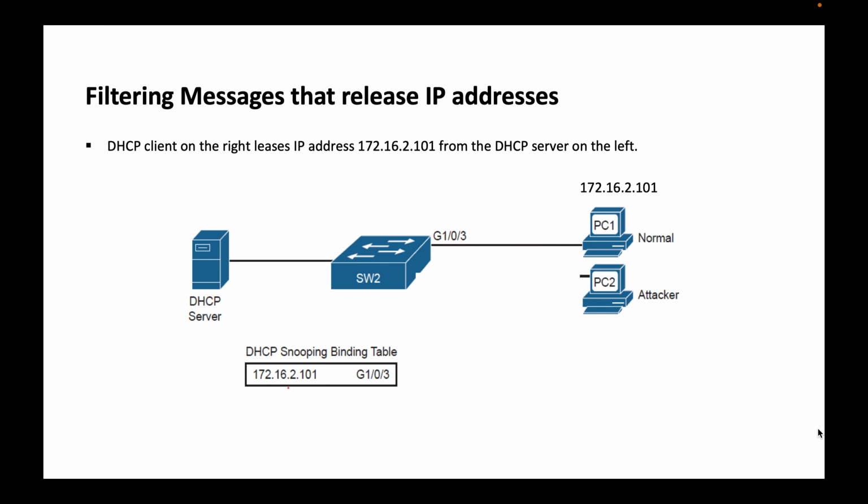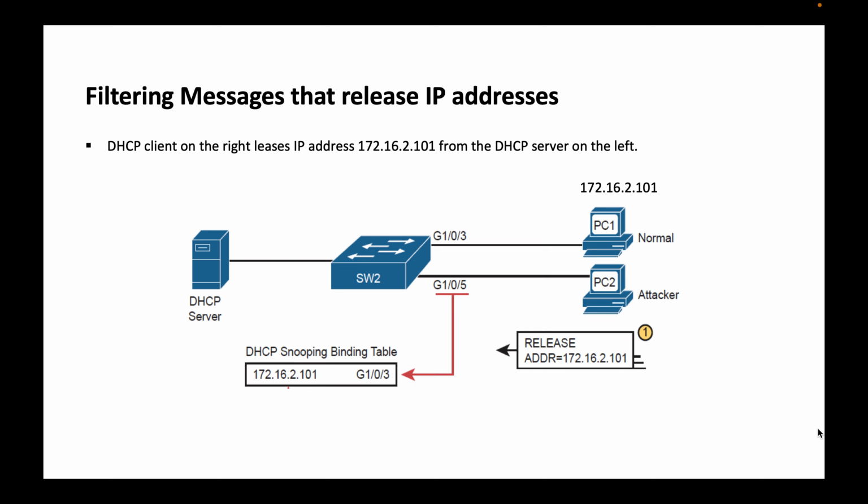However, what I mean is, there is an attacker connected to GI105, and if he sends a DHCP release message before the client lease expires, the address may be returned to the pool. And then the attacker could immediately try to lease that address, hoping the server assigns the same address to the attacker. But with DHCP snooping enabled, the switch compares